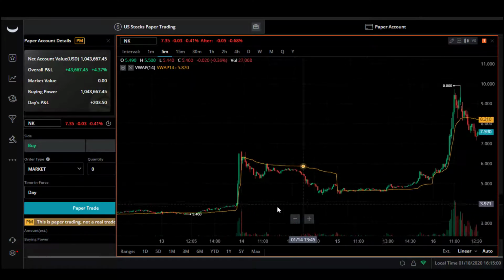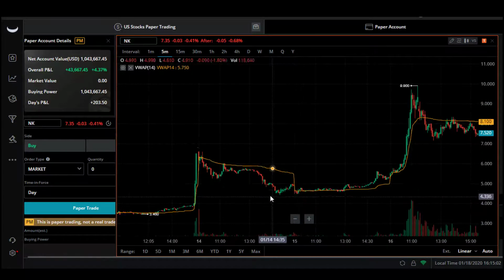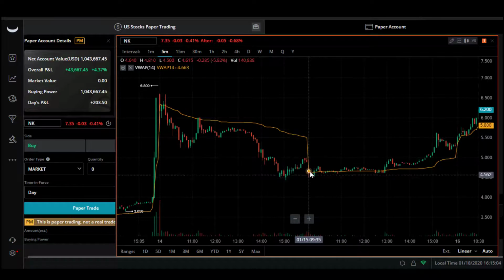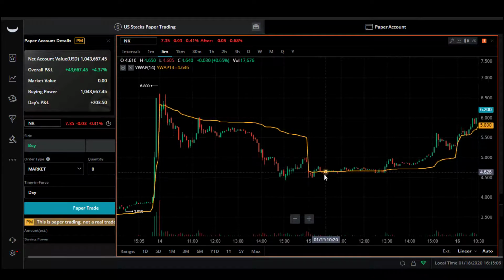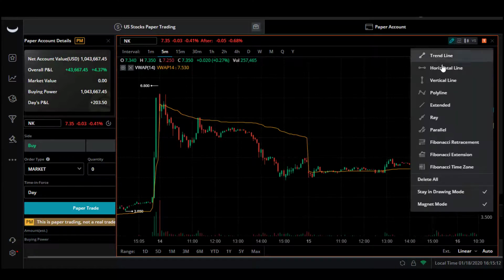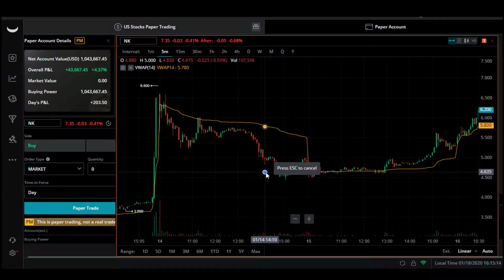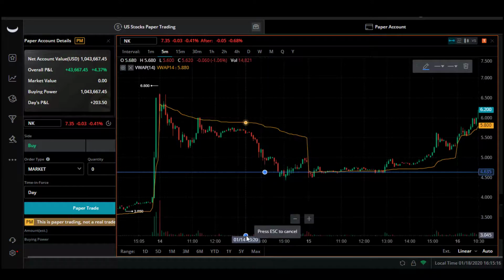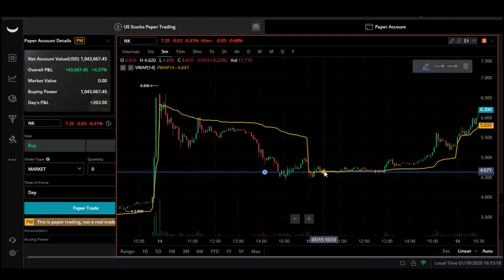Now support. Here is where we would have a support level. Notice how all the candles are coming down to this section here. Let me just draw that line to show you what I'm talking about. That would be the support line. See, the candles keep hitting this support level. This is one of the major levels to where traders will try to hit so that they can get the